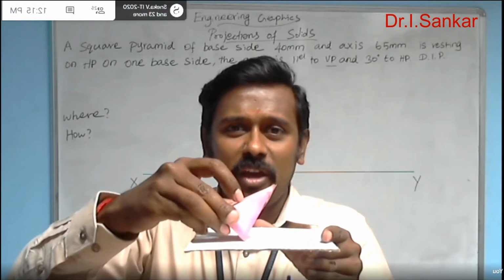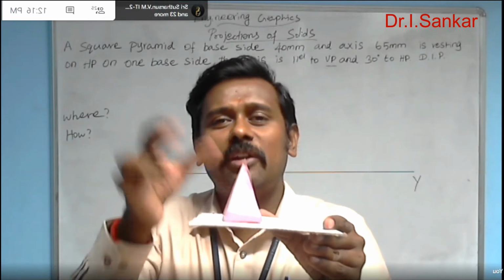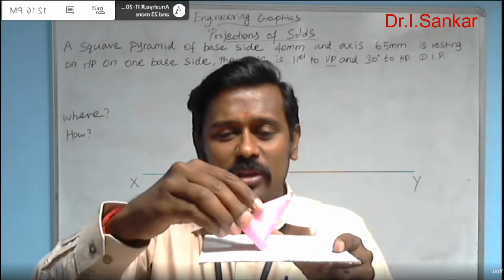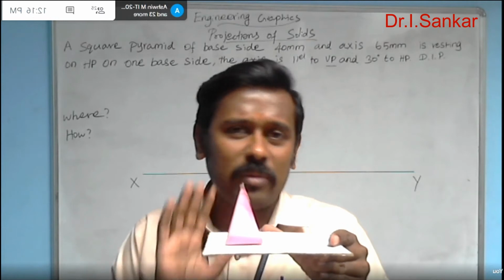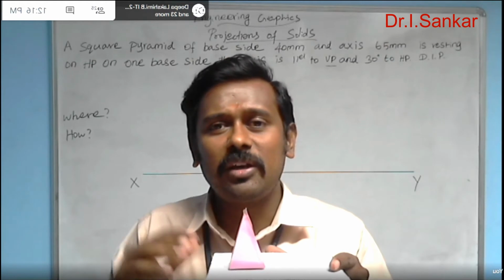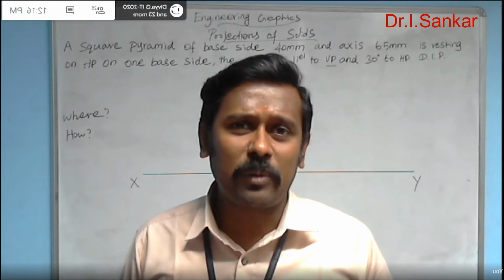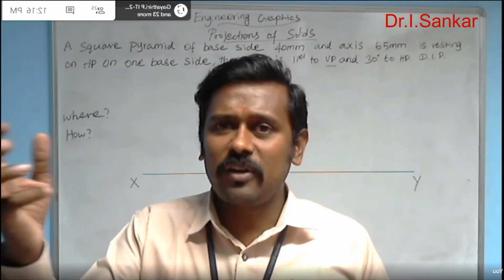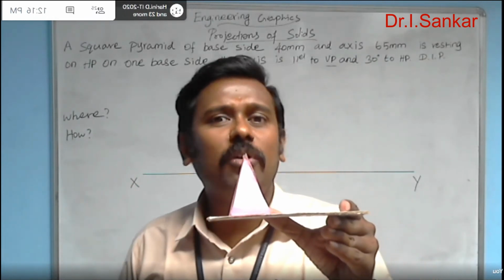Instead of making it hardly perpendicular to VP, simply I can make it perpendicular to HP. So the axis inclination of 30 degree to HP is now nothing but the axis is perpendicular to HP. Now it is easier to draw the front and top views of the solid by the previous experience. So far we completed some problems with the solid axis perpendicular to HP and parallel to VP. In that kind of problems, the same methodology you followed to draw the front and top views, you can follow here to draw the current front and top view of the solid.